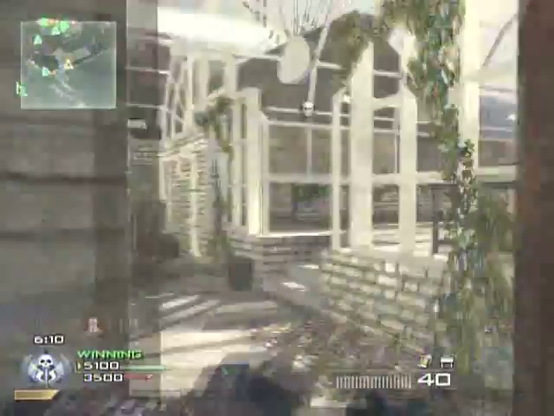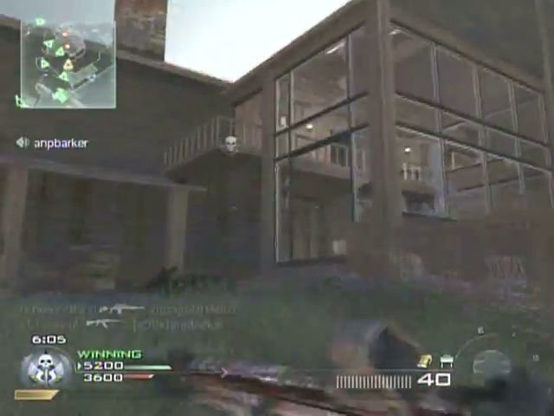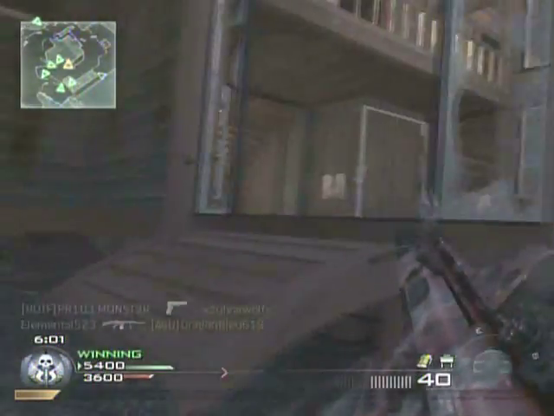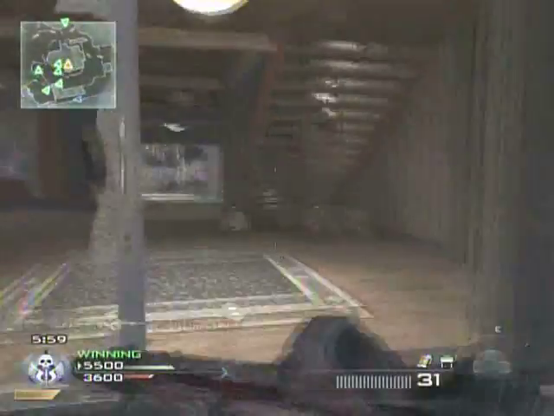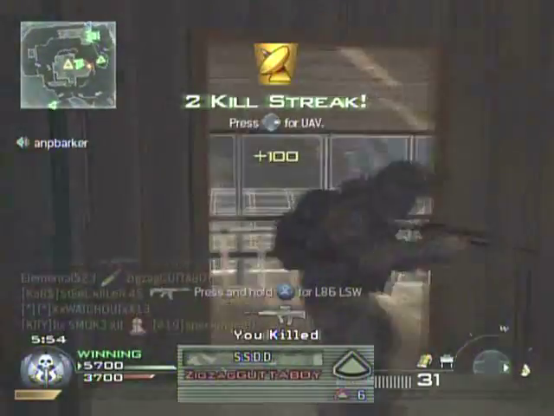Now the UAV, people tend to not like to use that as their kill streak anymore, but I like to for 3 reasons. Number 1, I can get it quickly. Number 2, it allows me to avoid or chase down my enemies. And number 3, it also allows me to see my enemies when I get like a stealth bomber or something